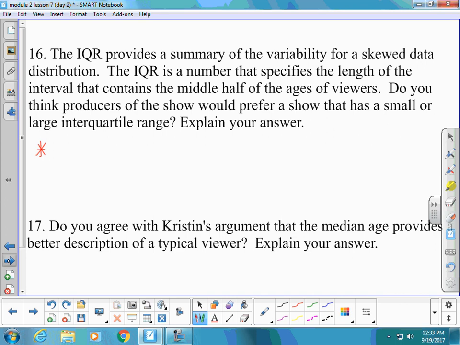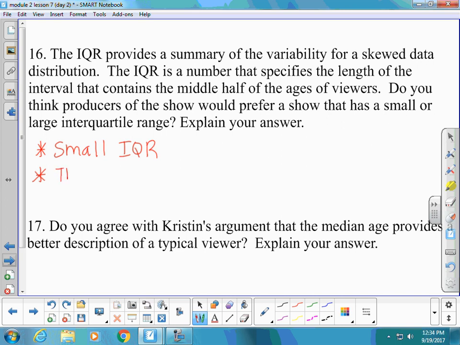But I think the smaller the audience, the easier it would be to advertise for them, and the advertisers are what pay for the show. So I think they would want a small IQR, interquartile range, and the reason I think they would want a small IQR is